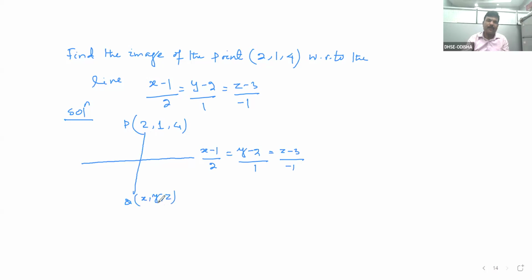Let Q (x, y, z) be the image, and M be the foot of the perpendicular. Let the proportionality constant be r. Then the coordinates of point M are (2r+1, r+2, -r+3). So the DRs of PM